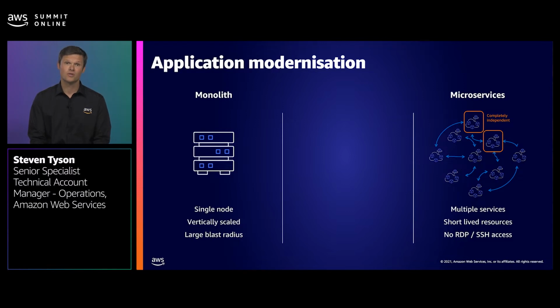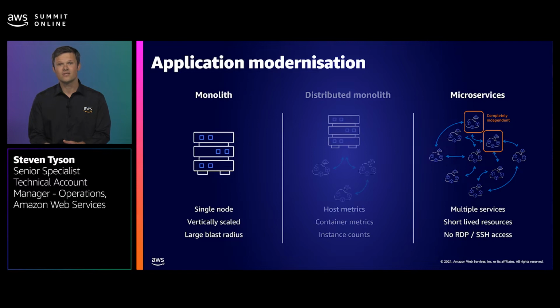There will be new tools, new processes, and new metrics. And to make matters worse, companies don't just jump from monolith to microservices. They do this. They get stuck in the distributed monolith. That's even harder. You now need to monitor and observe two different operating models at the same time. And I'm pretty sure Jane's team won't double their headcount or their budget. So there are many tools you can use to gather logs and metrics from nodes, and in a few slides' time, we'll go through them. And in the upcoming demo, we will also show you how Jane can use AWS services to perform monitoring and observability to suit both of these operating models.